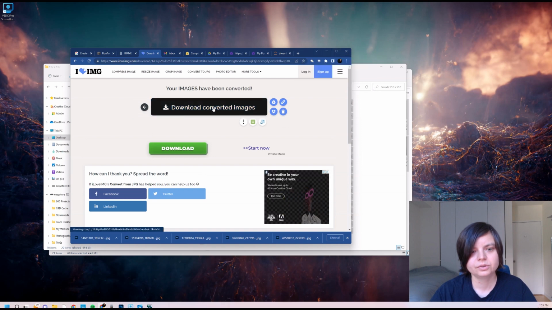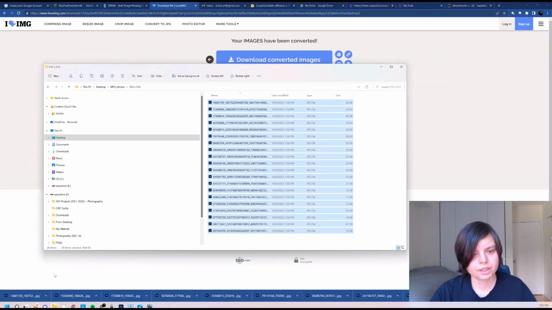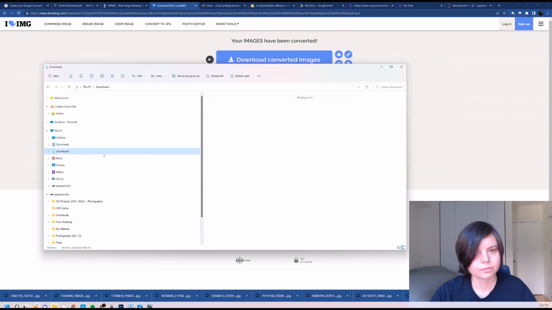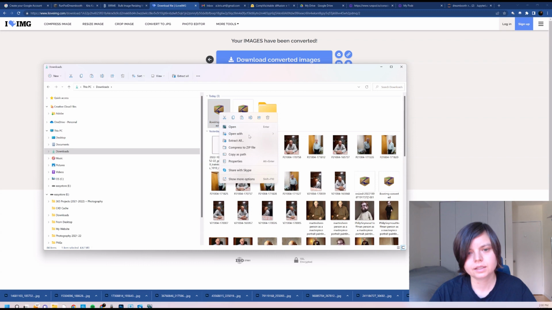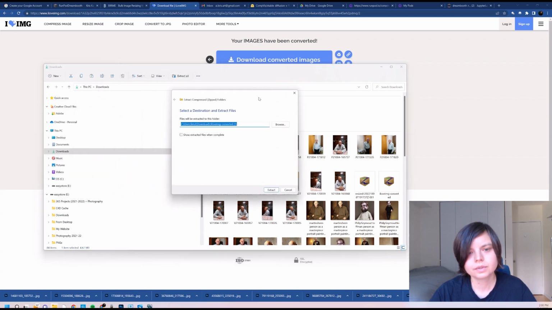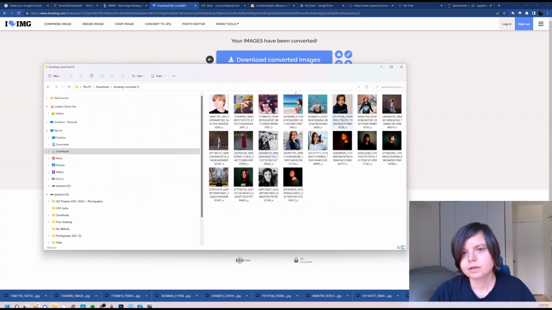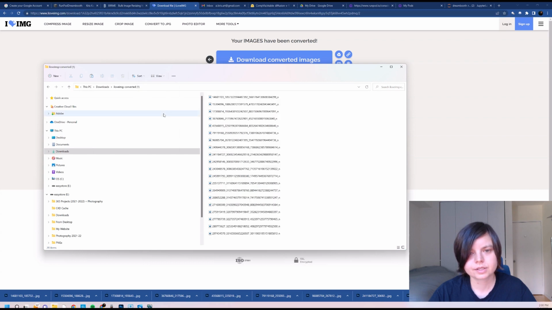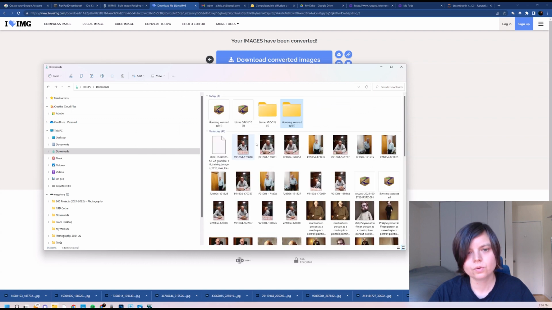And then download converted images. And all of that again went to my downloads folder on my computer. Here it is, I love images convert, and again I will extract them. Here they are. So now if you look at these images, they are all PNGs, and they are all